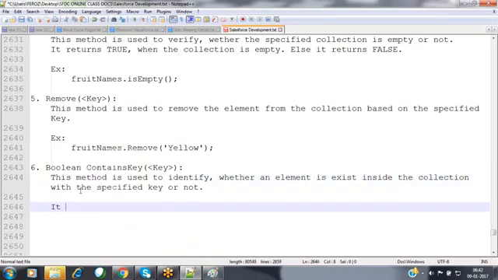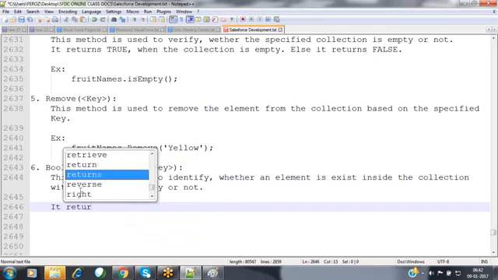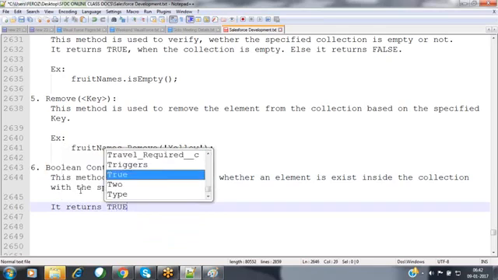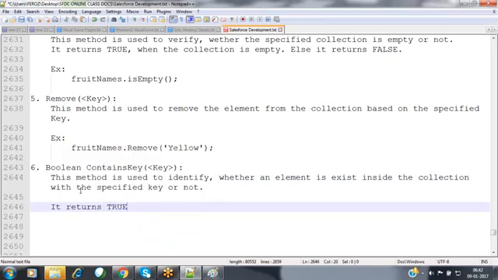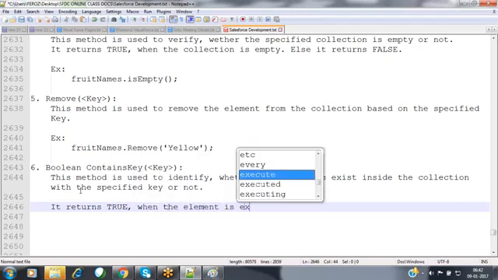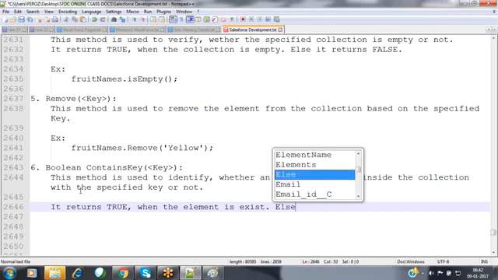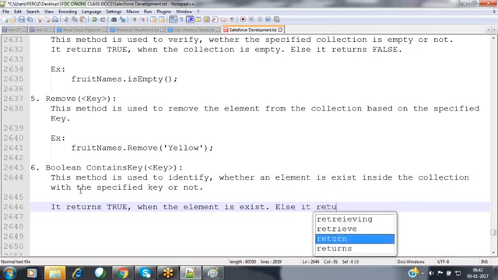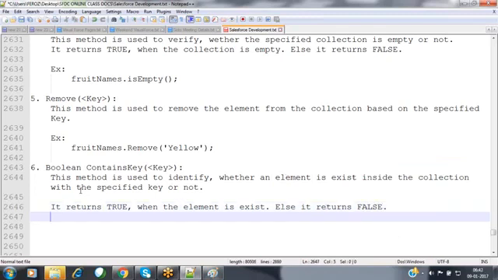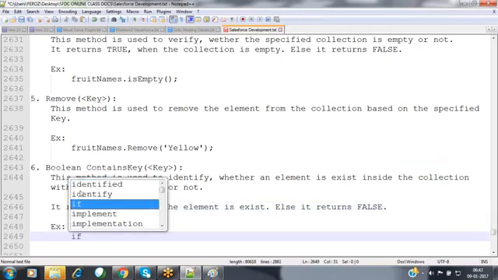If the element exists, it returns true when the element exists. Else, it returns false. For example, I want to cross check that.